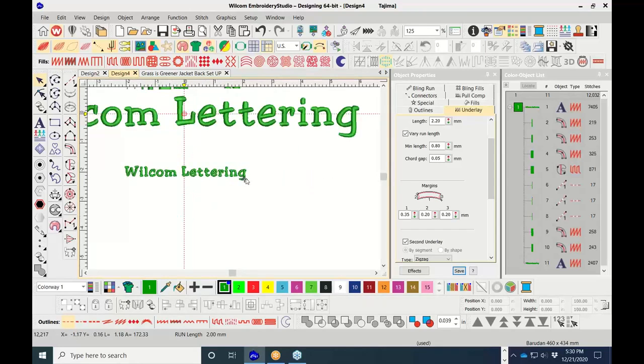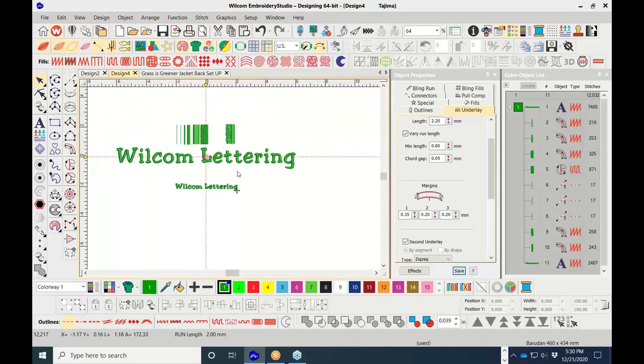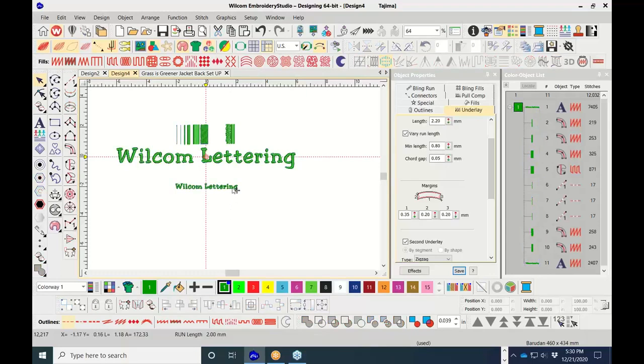Now, one last thing I want to share with you here: this white crosshair is an indication of the center of the hoop. It's in the wrong location here, because this should be in the center of the hoop in order for the next run on the embroidery machine. So in order to move this back to the center, there are some things you can do. You can navigate to this icon here where it says auto starting in. If you click it once or twice, sometimes it'll go back to the center of the design. If you double click it here,